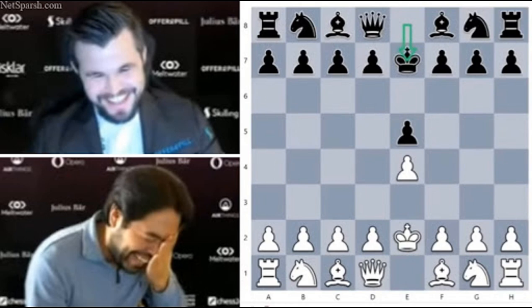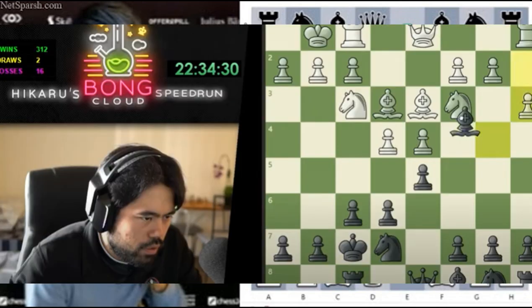Hikaru Nakamura, the creator of the opening, has sworn his life to this opening. He has once famously reached a rating of 3000 from only this opening on chess.com, which was unheard of back then. But as you see him play, you can really see how easy and natural it is to play the BongCloud. It's like the human mind was made for one thing and one thing only, to play the BongCloud.